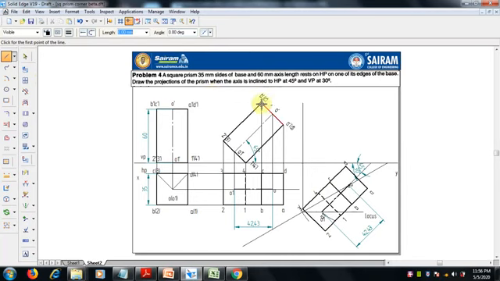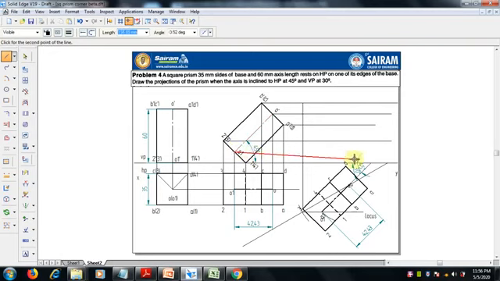Always draw horizontal projection lines from the end of the axis. Select the end properly, the end line, then it is over. Axis and 1, 4 will come here.